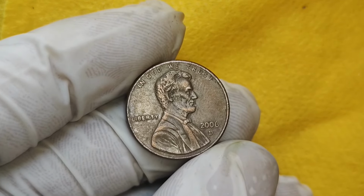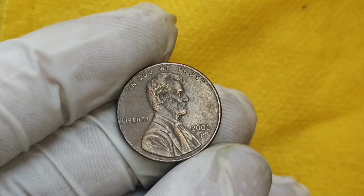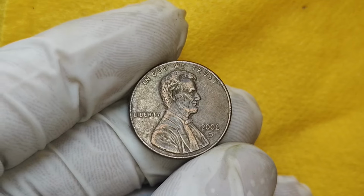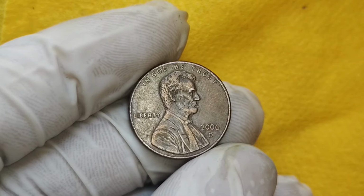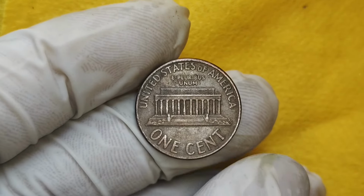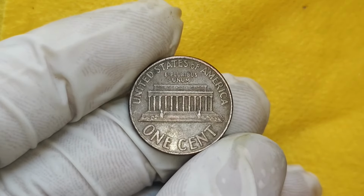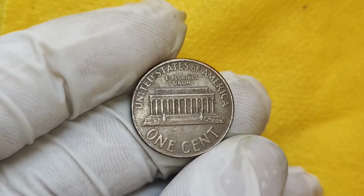Ever wondered if that humble penny jingling in your pocket could be worth a fortune? Well, today, we're diving deep into the world of the 2006 D Lincoln penny. Could this little copper-colored coin really fetch a whopping $2.2 million? Let's find out. You're sifting through your spare change, and amidst the nickels and dimes, a shiny 2006 D